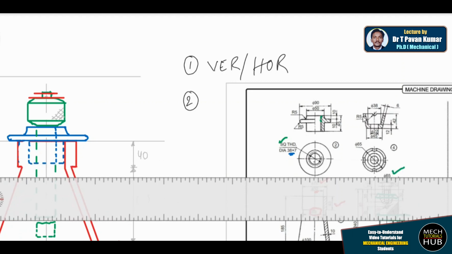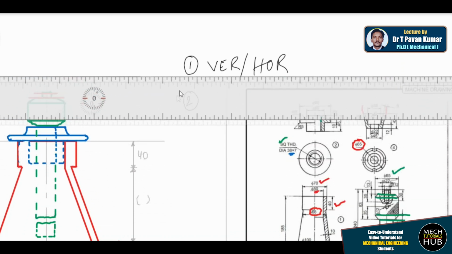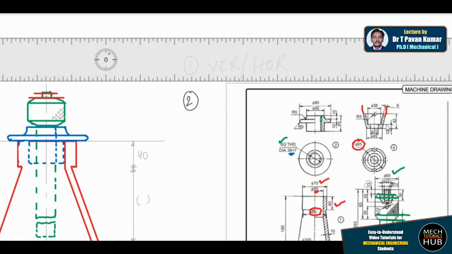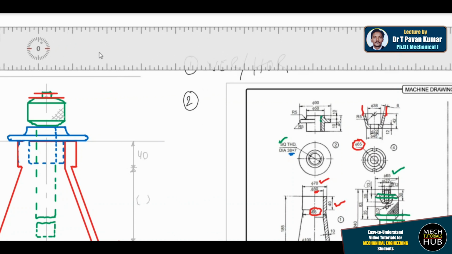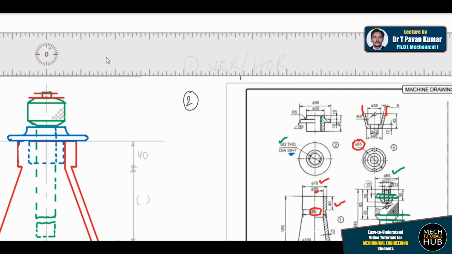But out and out, from this point till the end, in the top view they have given it as 65. So by using that 65, this is the top view of part number 4, front view and top view. In the top view, 65 diameter is given for out and out, that is from this point to the end point. So that marking I'll try to make on the locus now. That is the reason I have drawn this locus 65. This is already maintaining 45, so beyond that I'll just try to pick a point.